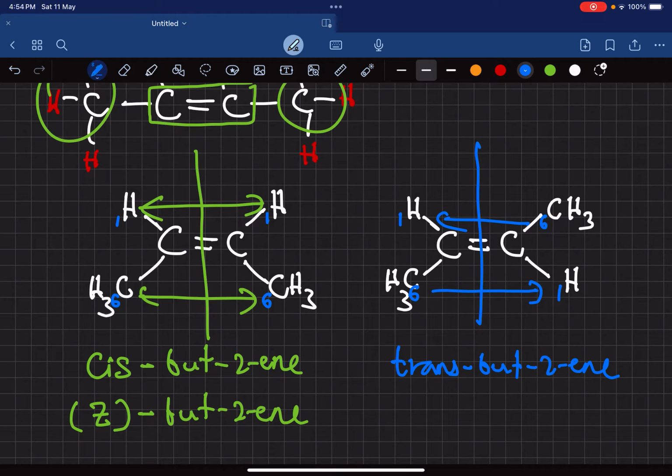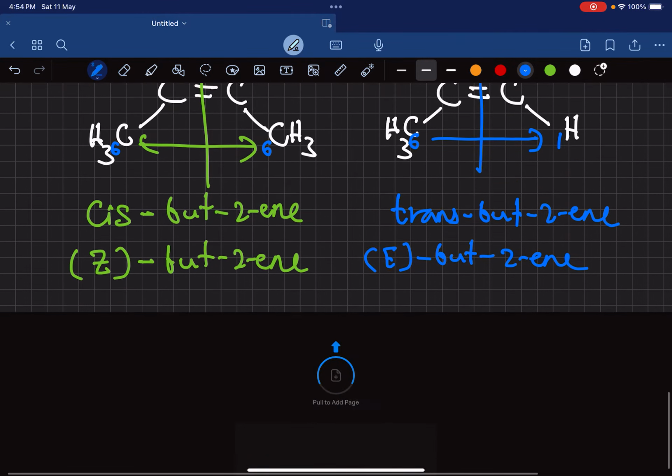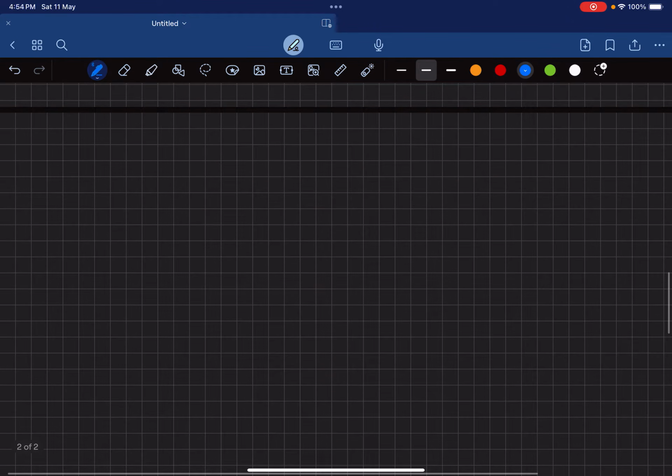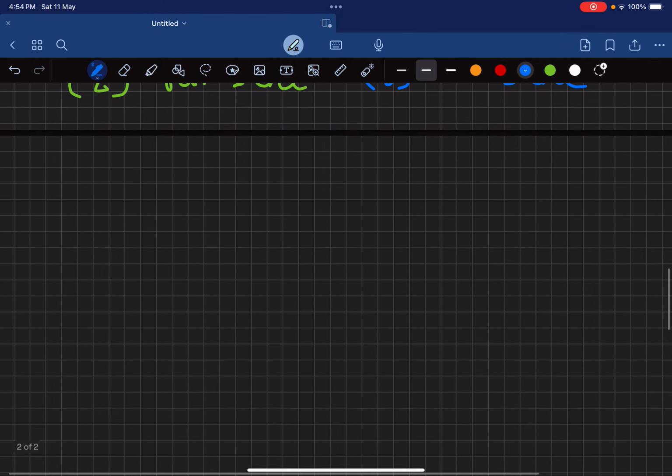Or this is called E, entangled, but 2-ene, okay? So that's how you do it. But just to digress a little bit. Let's say, for example, you